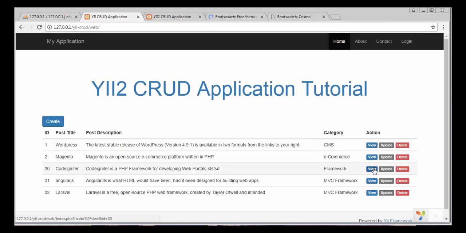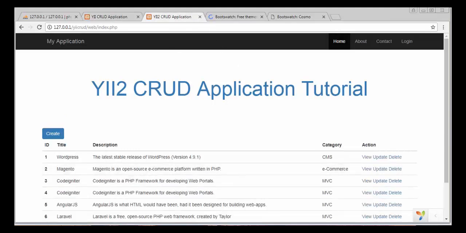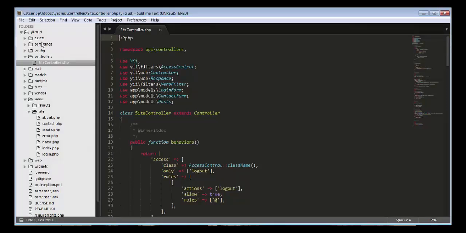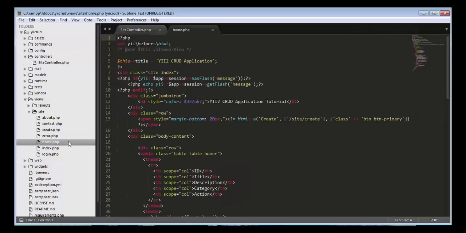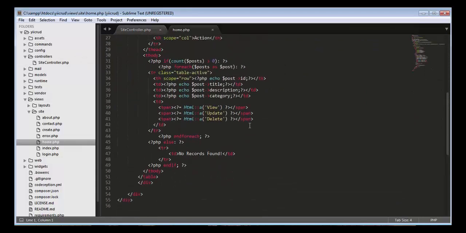Now if I keep the cursor on the third record, you will see the id gets changed from 1 to 30. That means 30 is the id of that particular record stored inside the table. So now we need to do this thing for our application. For doing that, we need to go to our project, and then go to home. Inside home we are having these links, right? So we need to put an array